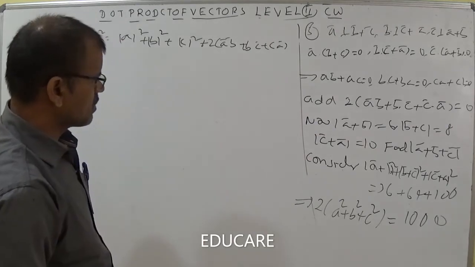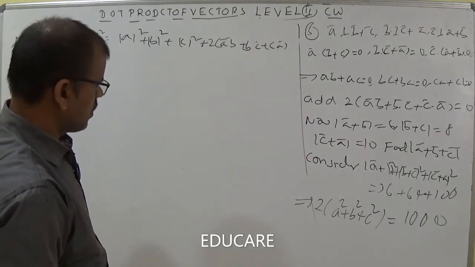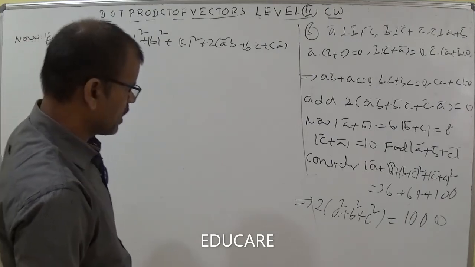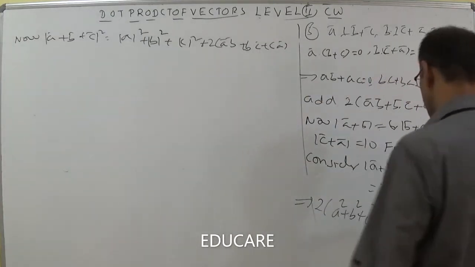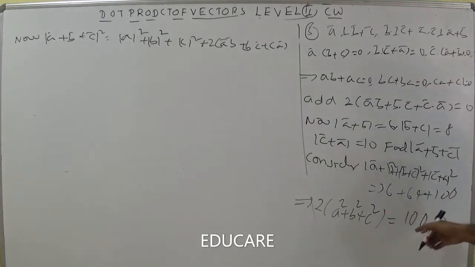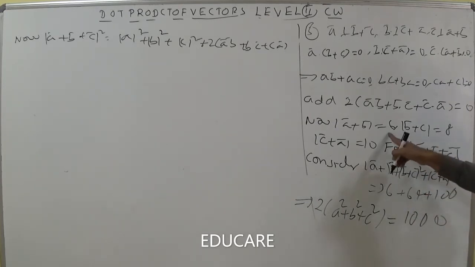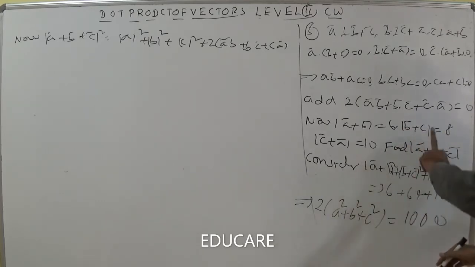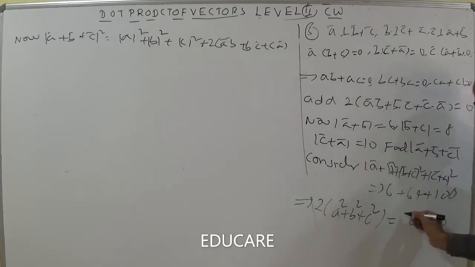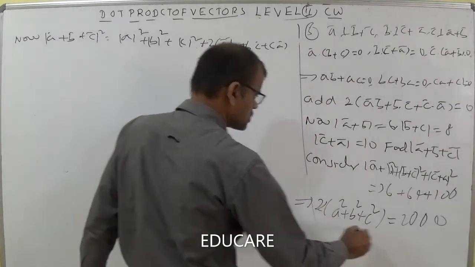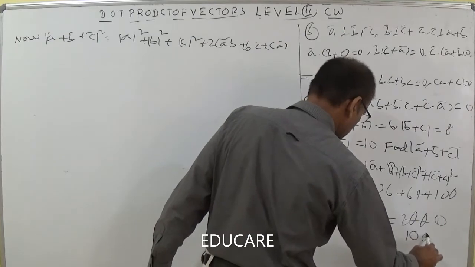Modulus of a square, what is the value? He did not give. Modulus of a square plus modulus of b square plus modulus of c square. So if we get the value 2 into (a square plus b square plus c square) here, let us discuss: a square plus b square plus 2ab plus b square plus c square plus 2bc, c square plus a square plus 2ca, we will be getting 36, 64, 100, here it becomes 200, not simple 100. 200. Then if you cancel 2, you will be getting here 100.